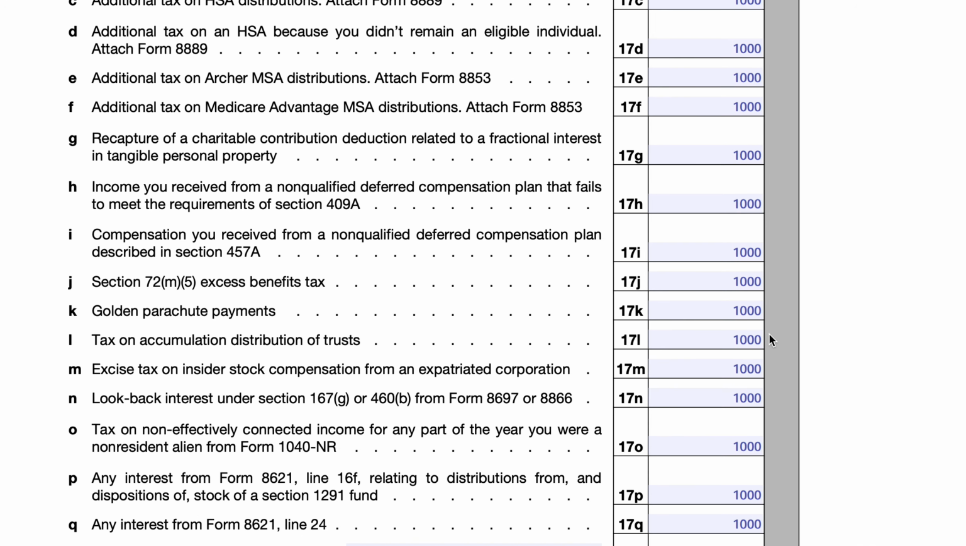Line 17L would be a tax on the accumulation distribution of trusts. That would be reported on IRS Form 4970. Line 17M is the excise tax on insider stock compensation from an expatriated corporation. So if you're familiar with that, great. You probably know more about this topic than I do, but you would take that calculation on the excise tax